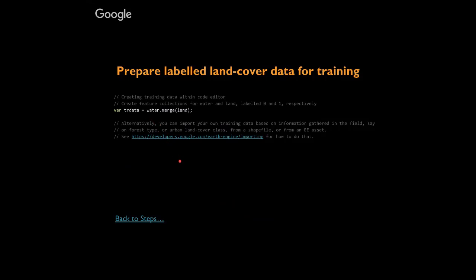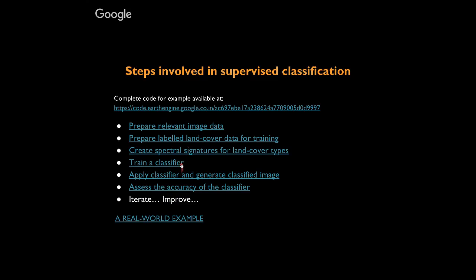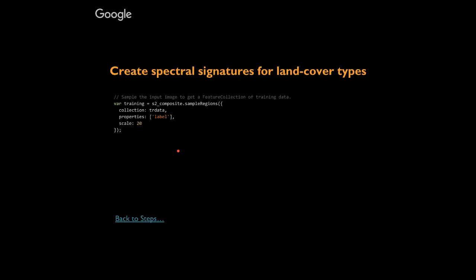Alternatively, if you have collected data in the field, or if you're going to do this on your own using the image, the composite that you have just displayed, you are able to do that either by importing an Earth Engine asset or from a shapefile, and there are ways in which you can do that, to which I have put a link as well. And then what we do is we take these labeled data points and then create a signature for each of